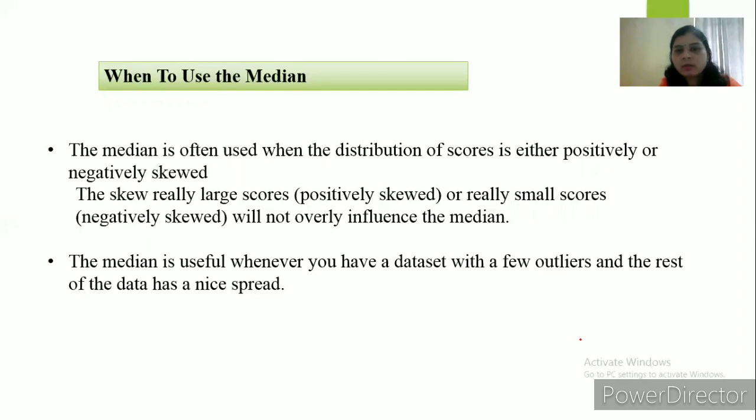I have given one or two examples of the median: measuring the average height of students in school. Some students have heights that are very tall, and some students have heights higher than expected. So that time we use the median. Then measuring the average IQ of a particular group, and since there are likely some people with an IQ out of the ordinary, that is too high or too low, then you may want to use the median.